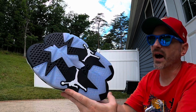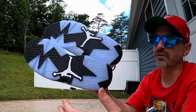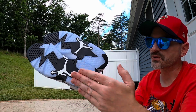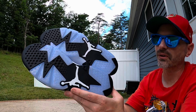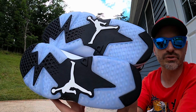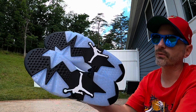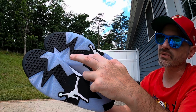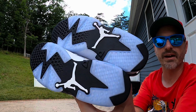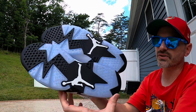This outsole at the time that they came out looked so futuristic, and I still love the look of it. I like all those sharp lines and angles on the bottom, and of course these just have all the little circles for the traction pattern, but it's a mix of icy blue rubber for the outsole, and then we have some black areas. Of course we have that oversized white Jumpman there at the midfoot,